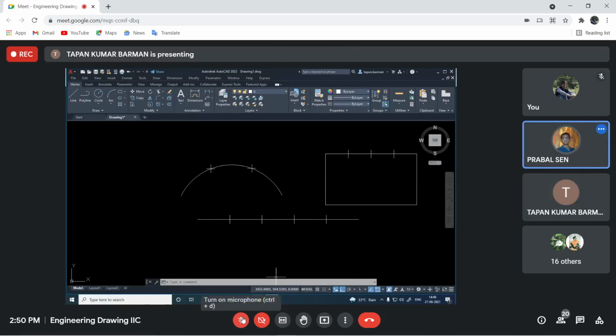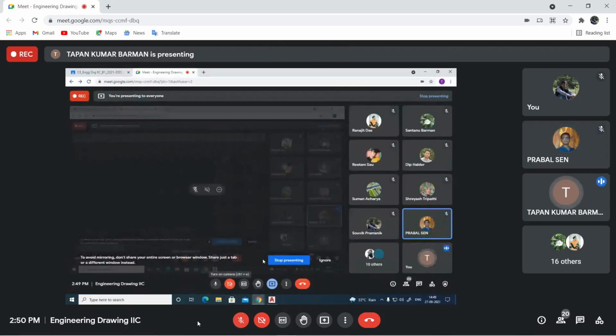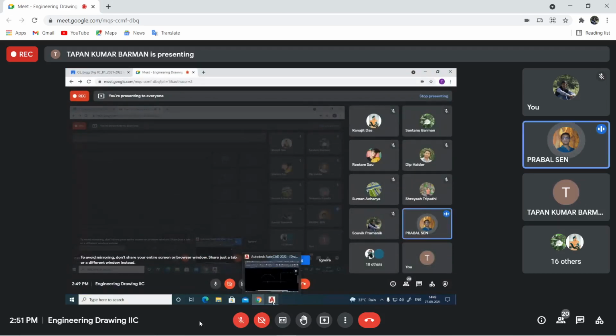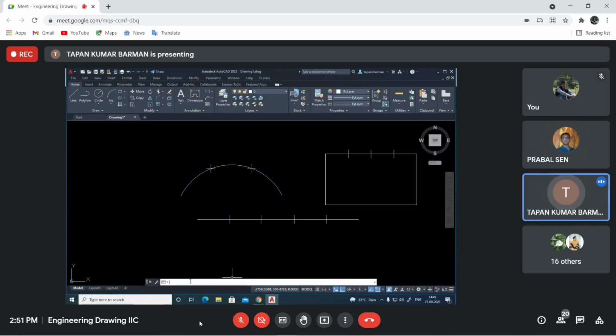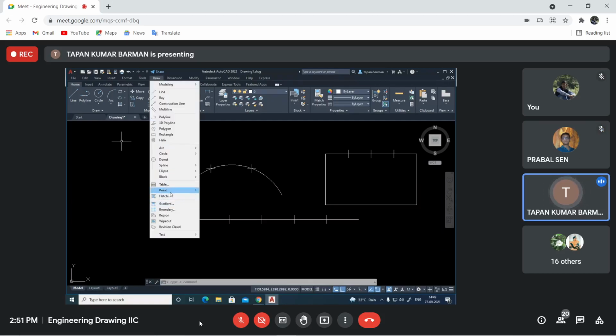Sir, can it be done by just the command line? Which one? Please repeat. Just the divide command. Can it be done just by the command line? Yes, typing here. Yes, possible. Whenever you are taking one command from the main toolbar, all the options are there. So you can type here also, you may access that. Similar for all commands, so we don't have to remember all things. If we forget something, we can do that by command also.